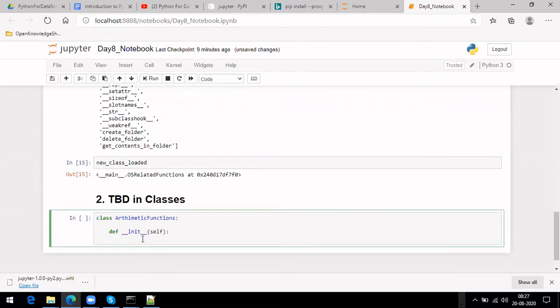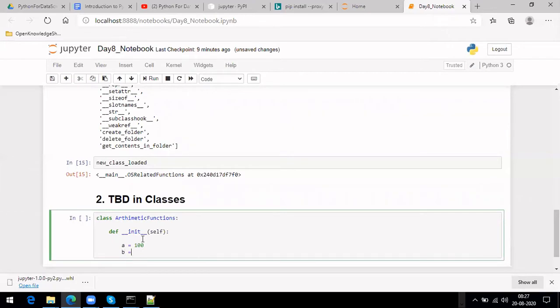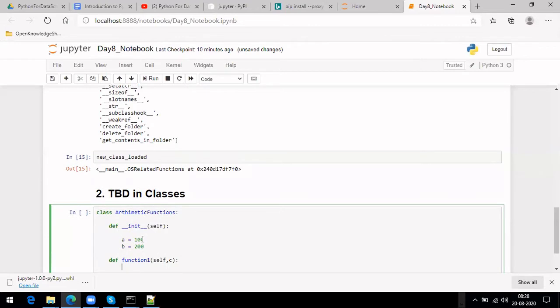So here, in case you want to use some variables, let's discuss the scope of variables within the function. Let me do a equal to 100, b equal to 200, and then you can define function one, which takes some other variable c.